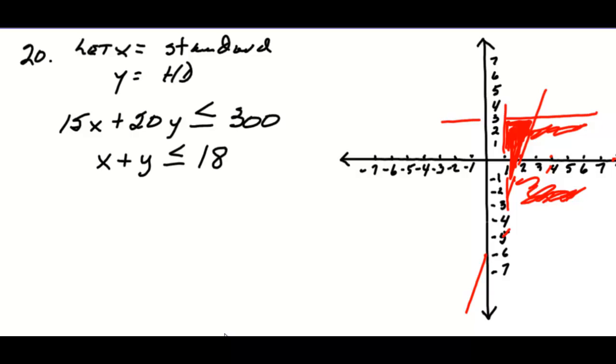All right, so x, you have to have at least, so it has to be either more than or equal to 4 standard radios, and they have to have at least 3 HD radios. Once you have those 4 parameters set up,